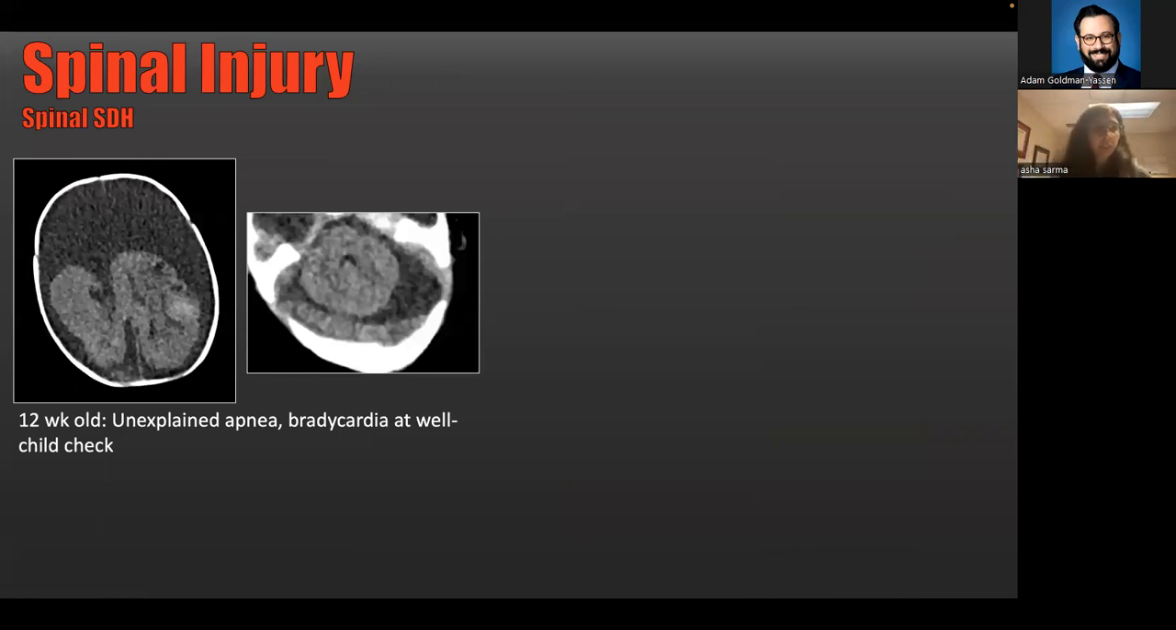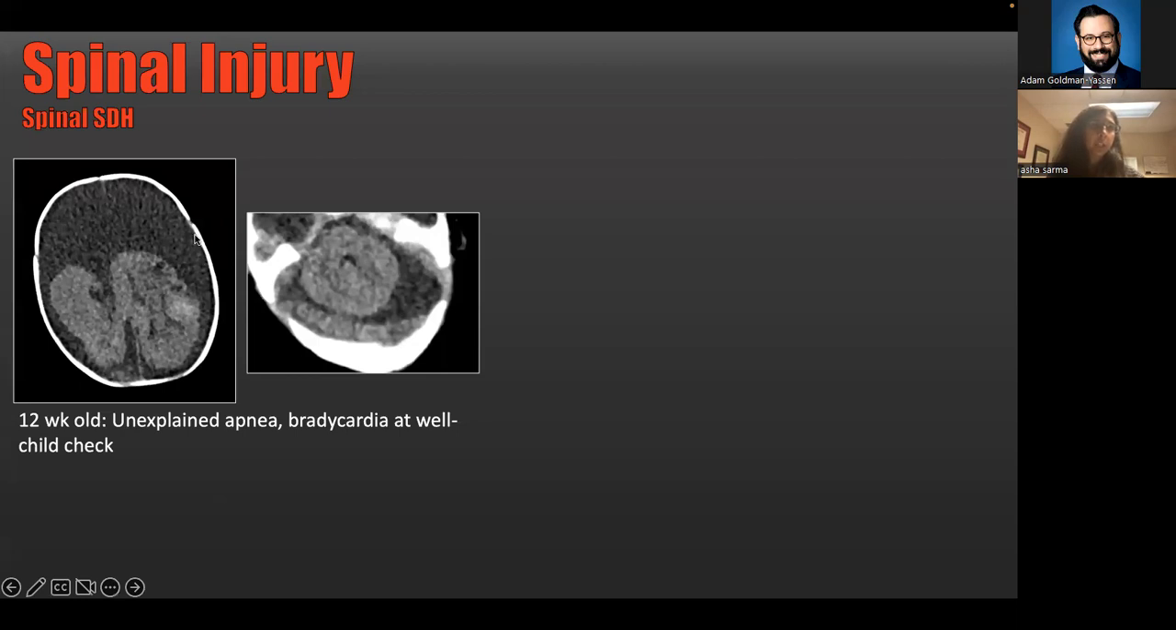This was just one of the more remarkable cases that I've seen. You can maybe remember this case that I showed you in the previous slide, showing you the parenchymal lacerations. But these findings can surprise you, and you can see numerous findings in this case. This was a 12-week-old who came in with unexplained apnea and bradycardia at a well child check, which is hard